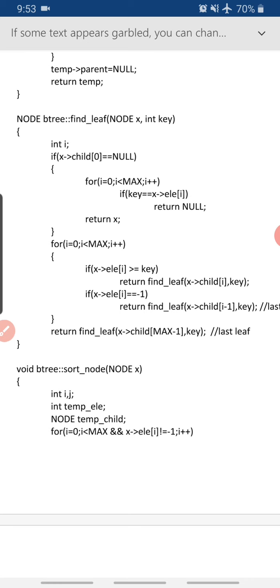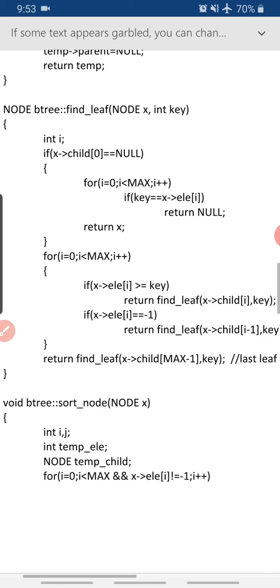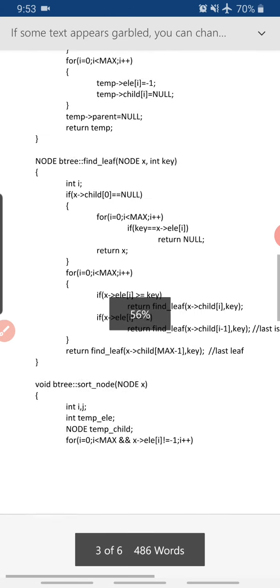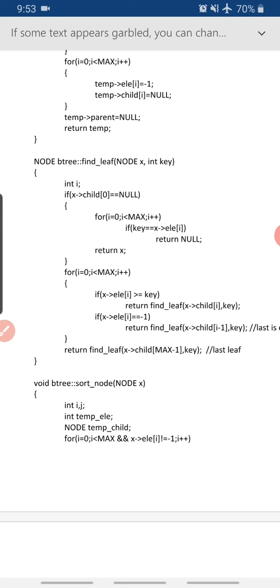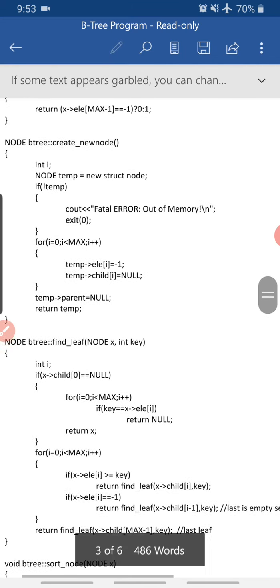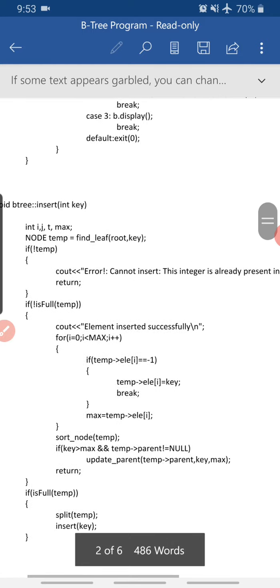So this here is where we have written a terminating condition, this if condition, whereas the for loop would only run this particular method recursively according to the binary search tree concept. We know that higher levels will have only representative values, and the representative value is the last value of that node. So if that's the last value, then we have to traverse to that particular link only, otherwise we have to go to the next one, and so on and so forth. So that's how find leaf will give us the particular leaf node.